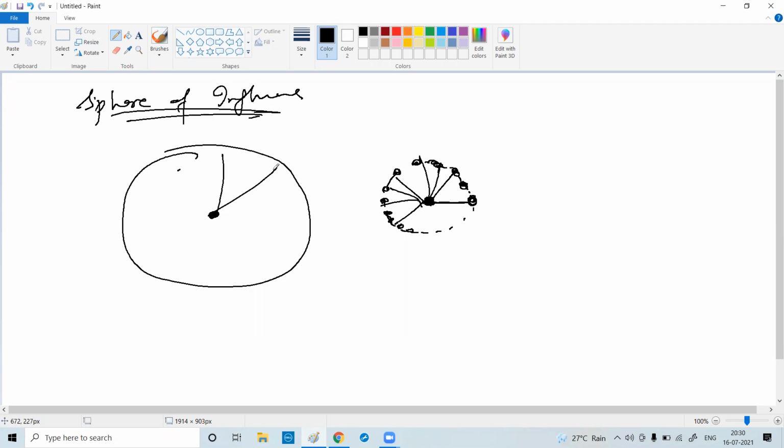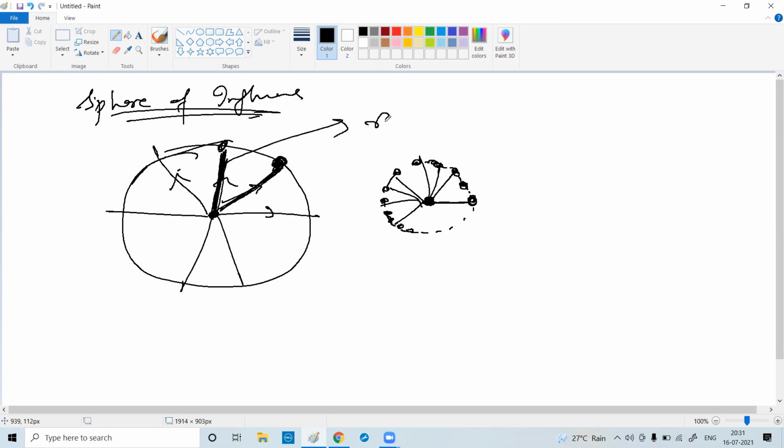So this sphere of influence is actually a range, because if you keep the droplet here, the range is the same. If you keep it here, it is the same. So can't we draw a sphere? Can't we draw a circle? Yes or no? And this radius is what? The range. Is it clear? Guys, is it clear? Yes or no?